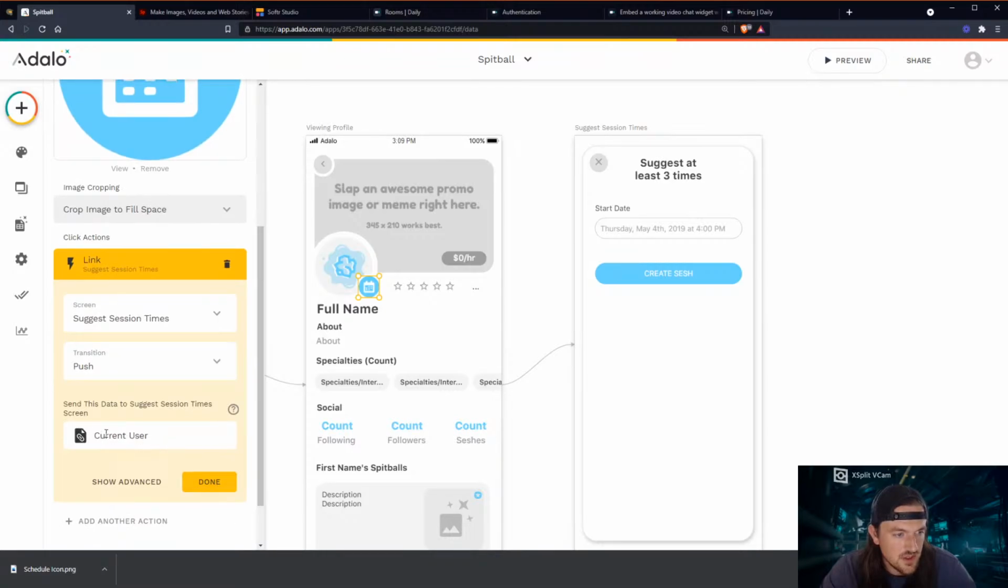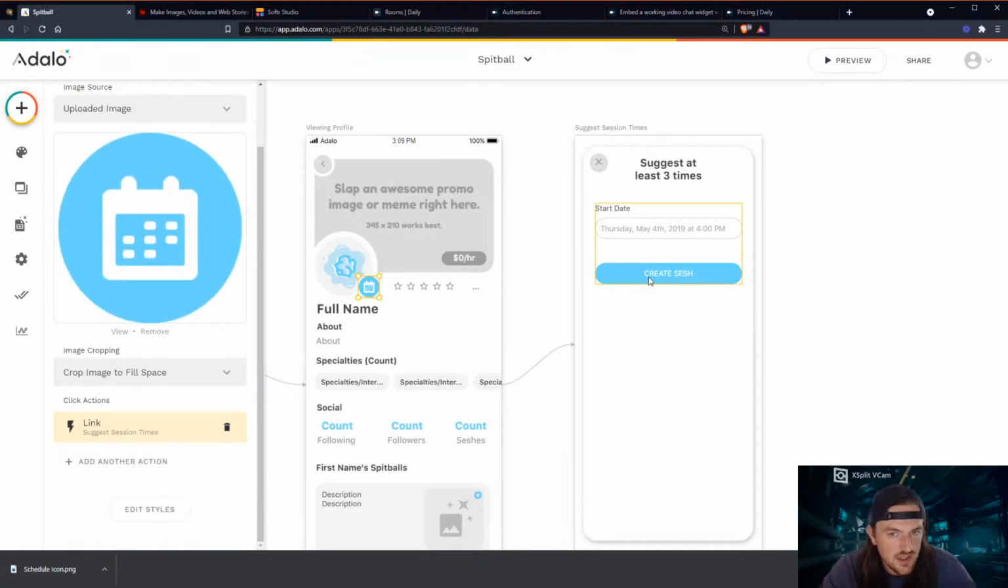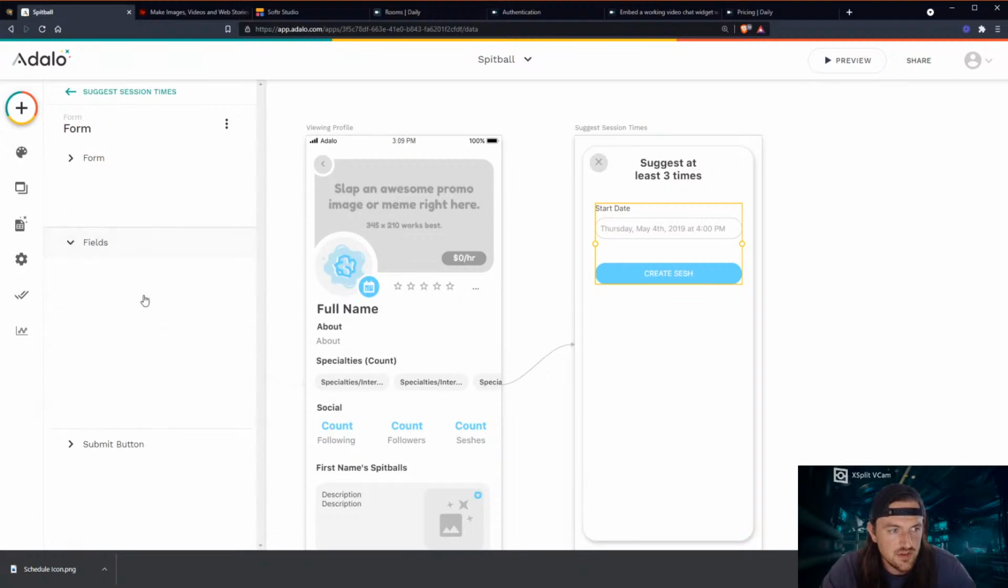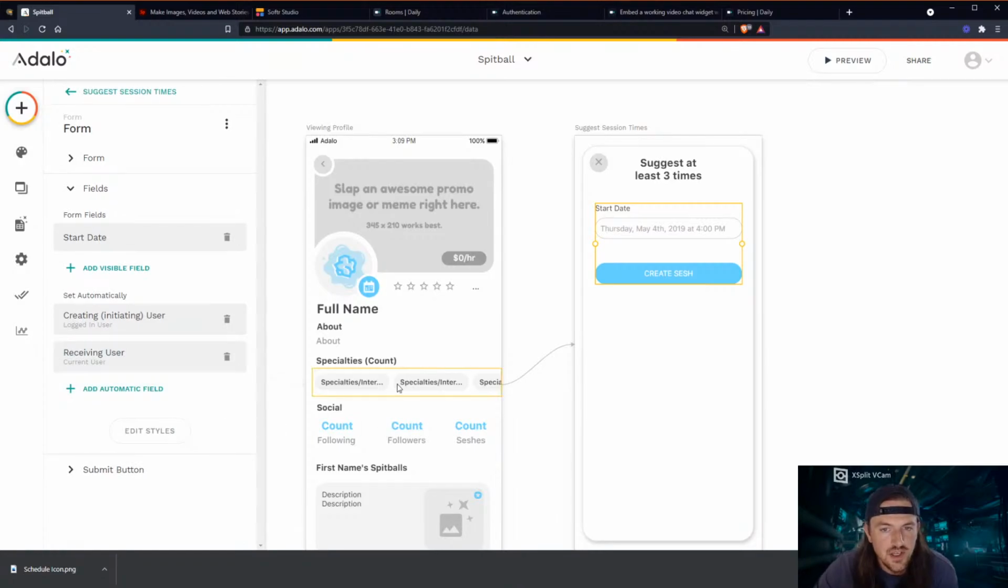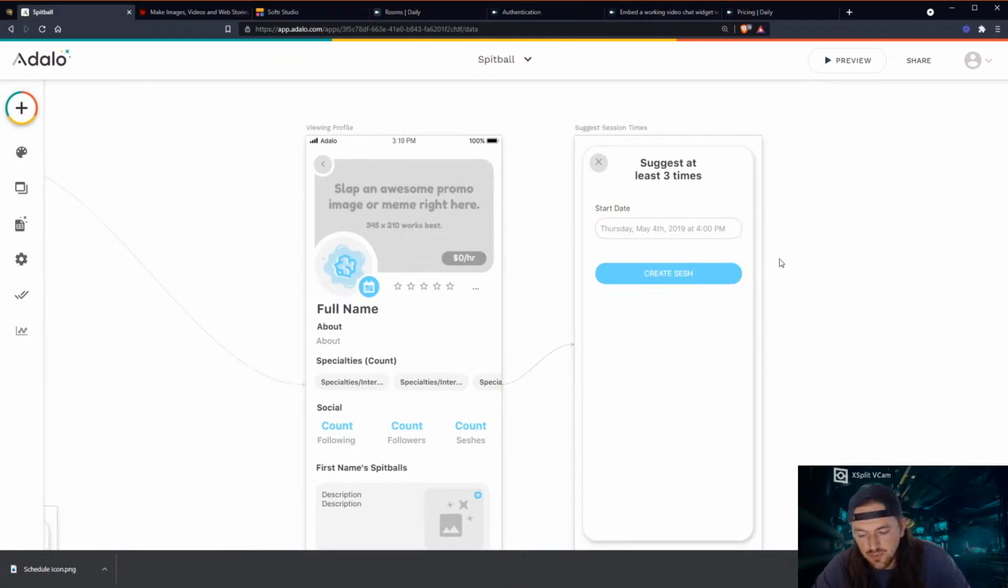So, okay, now it's sending current user data. Now over here on the form, we can look in the automatic fields and say, okay, the receiving user is whoever's profile we were just looking at. So we'll set that to current user, click done. And the next thing that I want to do probably is